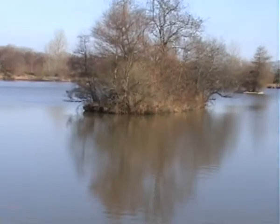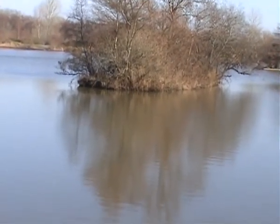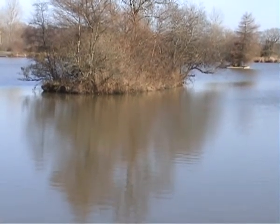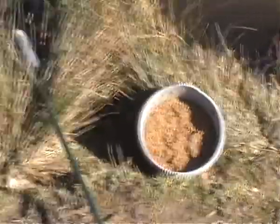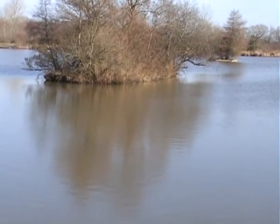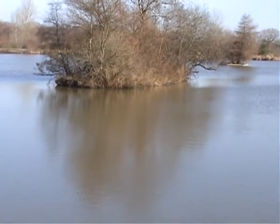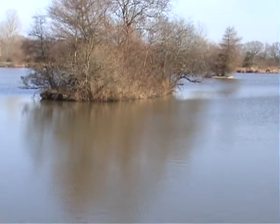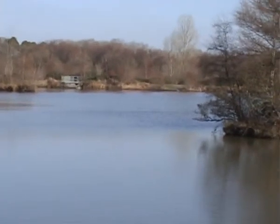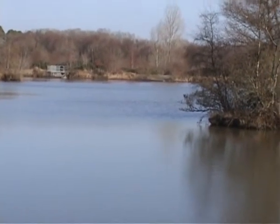So what I've done now is, off that island, I've got a zig rig. I've got some spod out over the top of it. It's about 3 feet. I'm fishing about 1.5 to 2 foot of pink foam. I'm going to change the colour of the zig material every hour. I'm spodding every half an hour. Got a bottom bait just past the island, white 18mm Scopex,